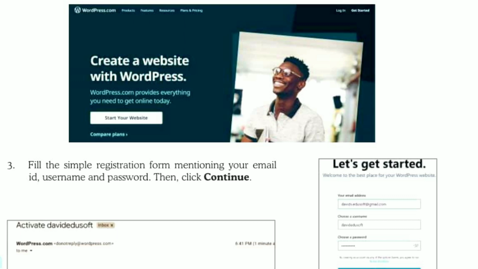Another one is username. You should choose a username for managing this blog, and password. It is for securing your WordPress blog account; a strong password is important.